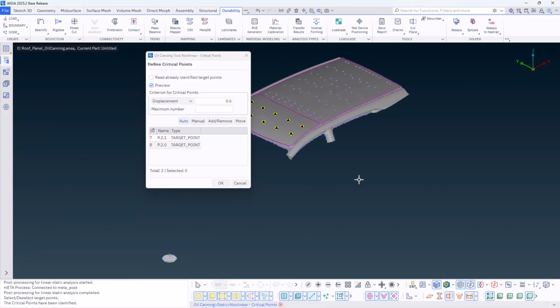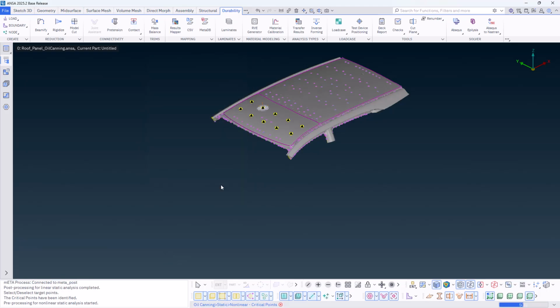Similarly with the generation of the target points functionality, there are the options Manual, Add Remove, and Move, for better handling of the defined target points. Press OK to perform the positioning on those target points, and the output of the solver files for the nonlinear static analysis. During this procedure, also the history output requests are defined, and the NLGOM parameter is enabled in every step of the current step manager.